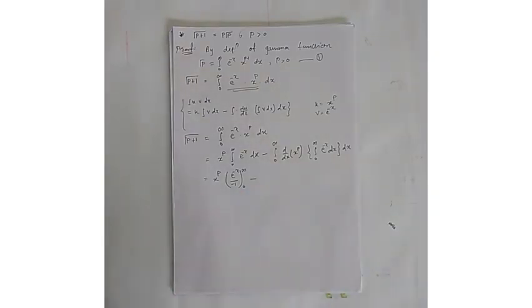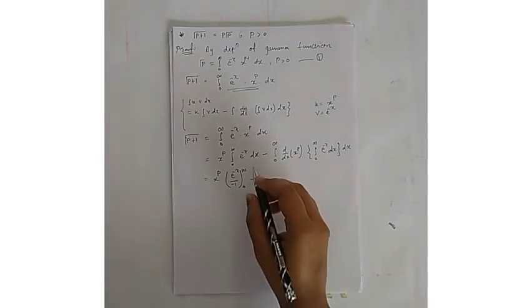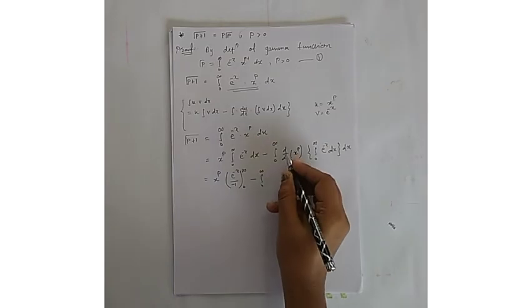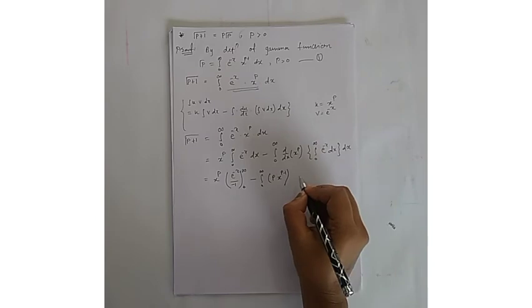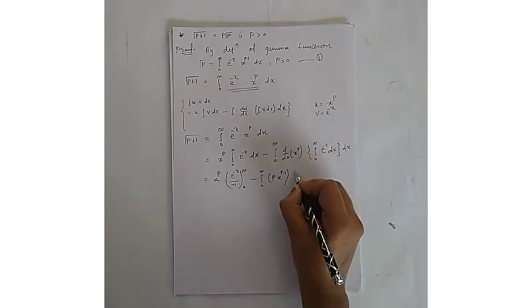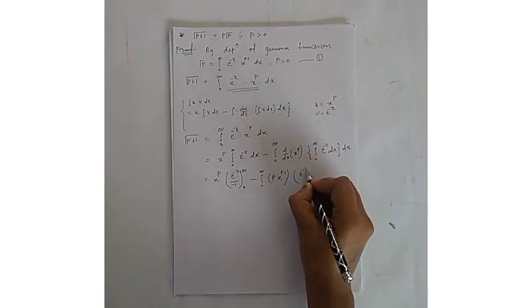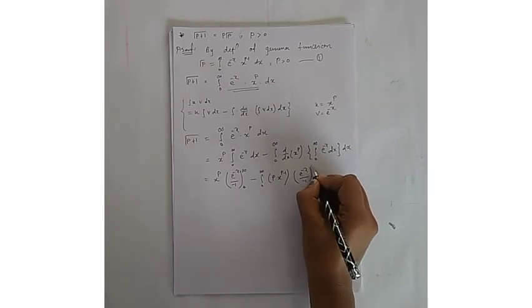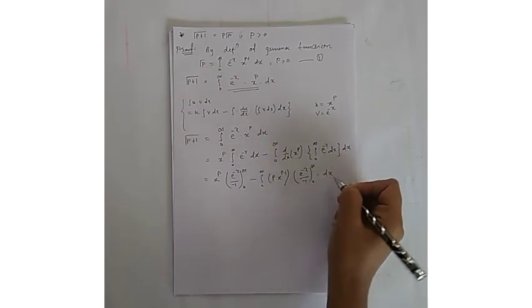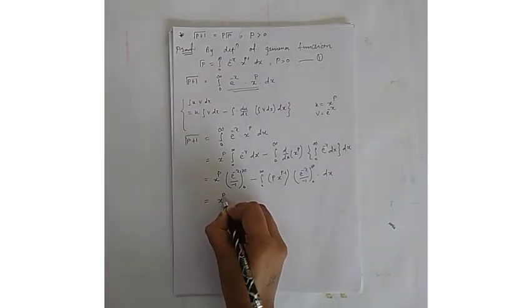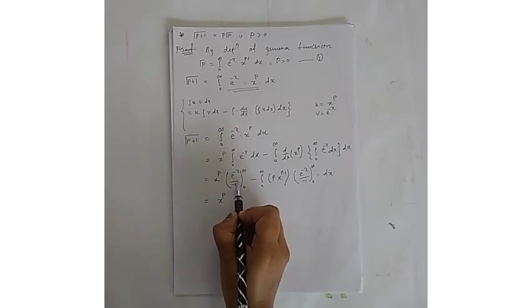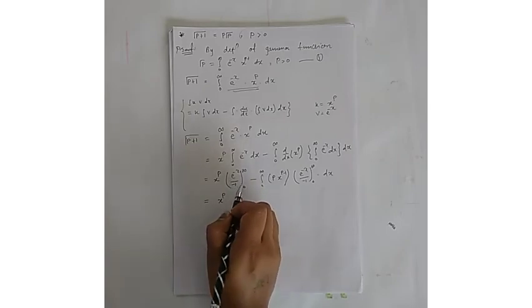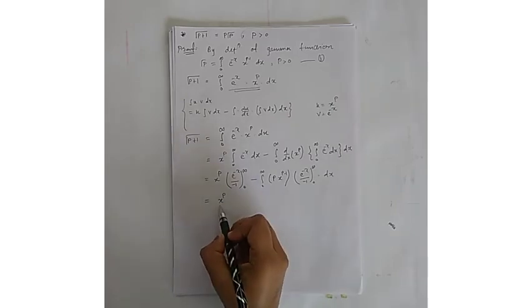minus integration with limit 0 to infinity, the derivative of this, that is p into x raised to p minus 1, and the integration of this is e raised to minus x upon minus 1 with limit 0 to infinity into dx, and x raised to p. When you put limit infinity it will give 0, and when you put 0 you will get 1. So x raised to p